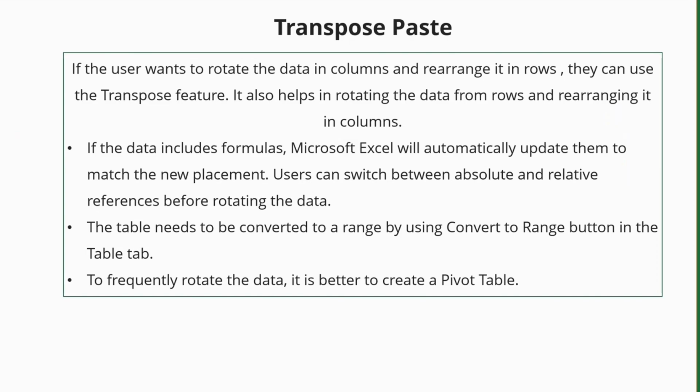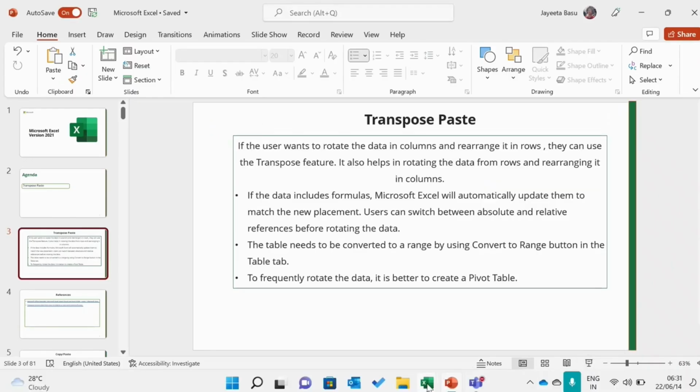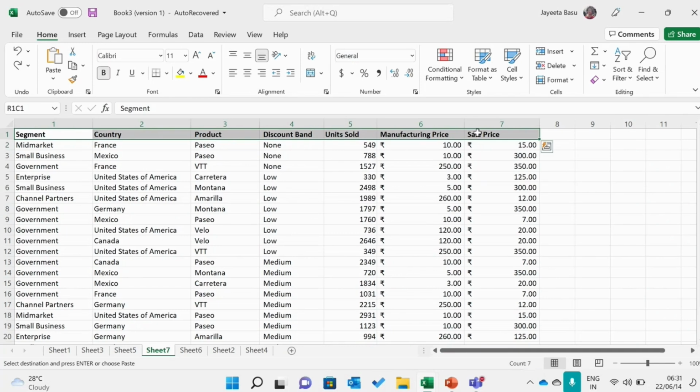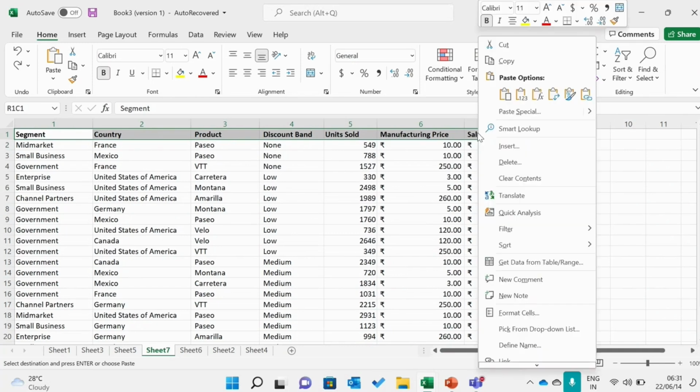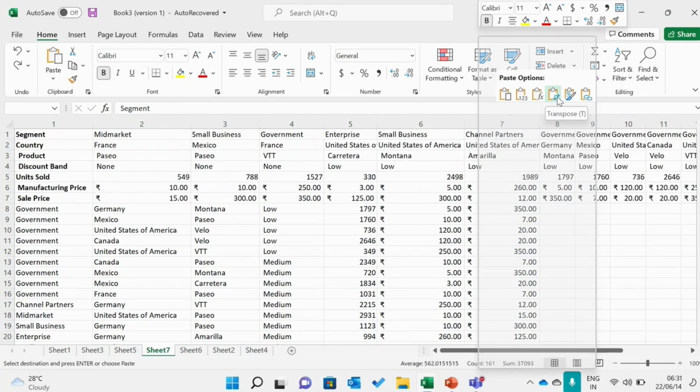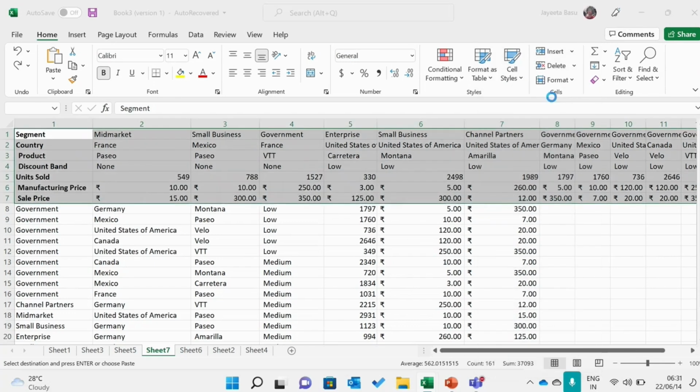So let's go back to this thing, you remember we were working. Now, for example, I want to use transpose paste. Let me select this column. You do right click, and you will see there are paste options. The first is paste special, values, formulas, and then there's the transpose paste. The moment you see transpose paste, it is with an arrow, a downward arrow and then a rightward looking arrow. So click onto this,